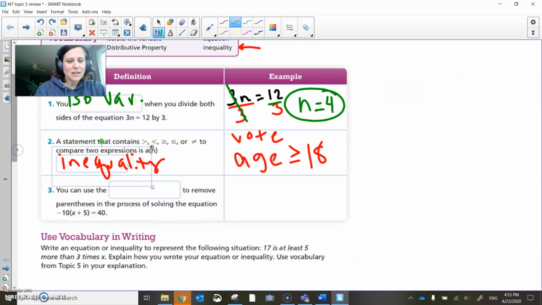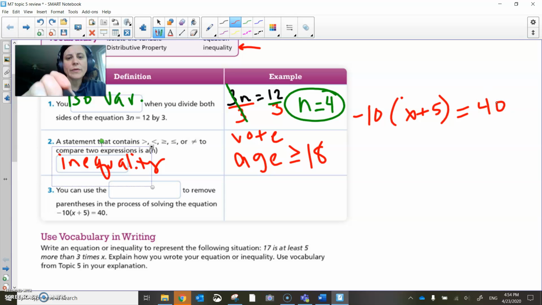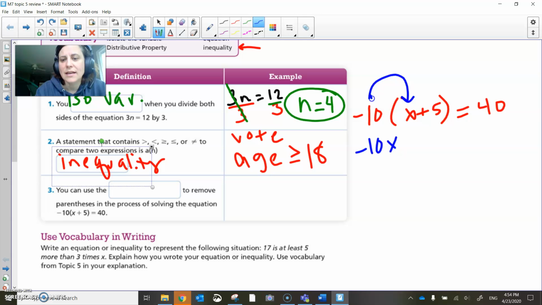Okay, third one. You can use the blank to remove parentheses in the process of solving the equation negative 10 times the quantity x plus 5 equals 40. So if we were actually trying to solve that, the quantity means it's in parentheses. One way to solve this is to take that negative 10 and distribute it to the x. Negative 10 times x is negative 10x. And negative 10 times positive 5 is negative 50